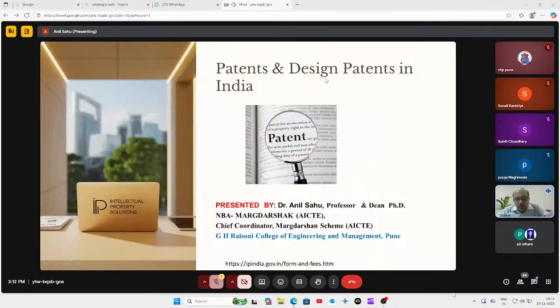So I am going to explain what comes under design patent, what comes under utility patent, and how to file the patent. Before proceeding to the patent,